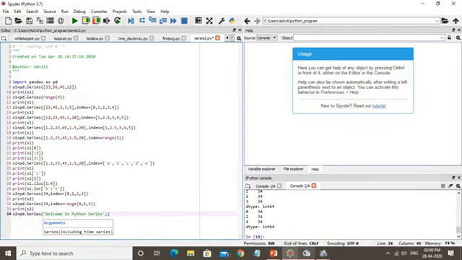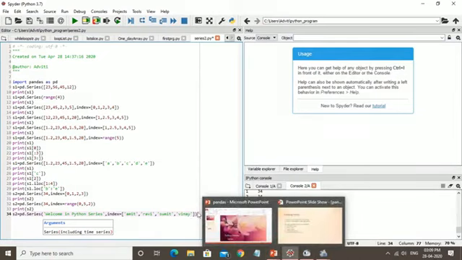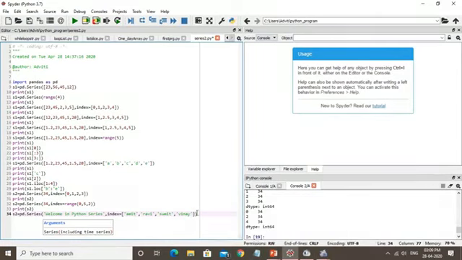Now we are defining the index equals, let's say, in a string format like Amit, comma Ravi, comma Sumit, comma Vinay. So I'm using the index as a string. Fine. Now press enter and print S2.